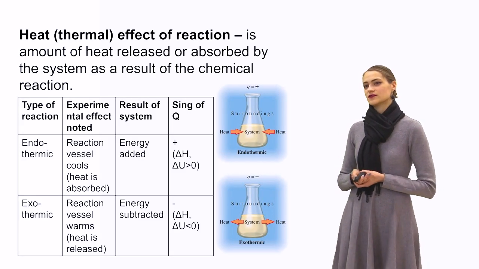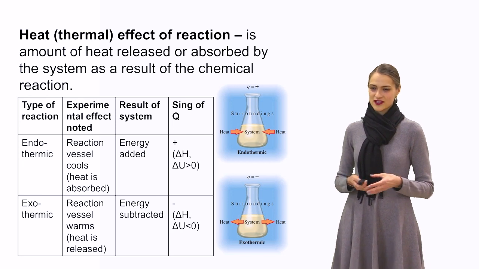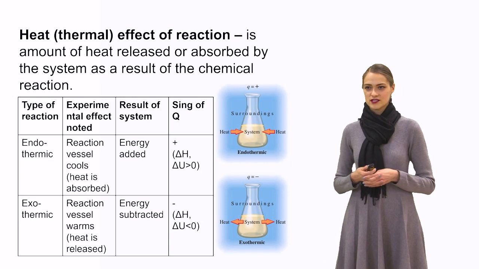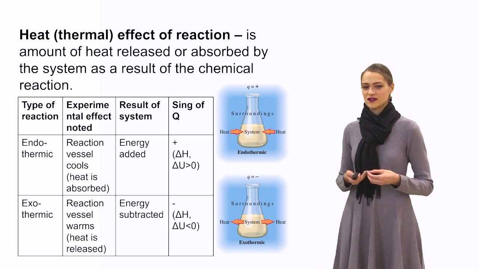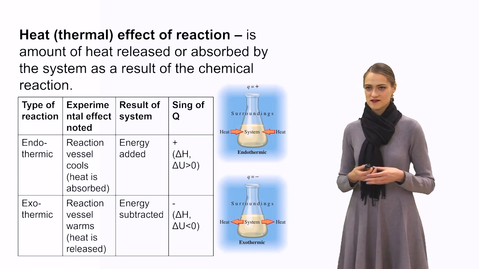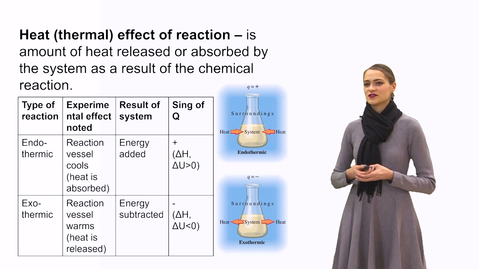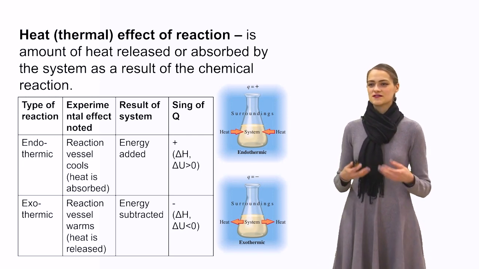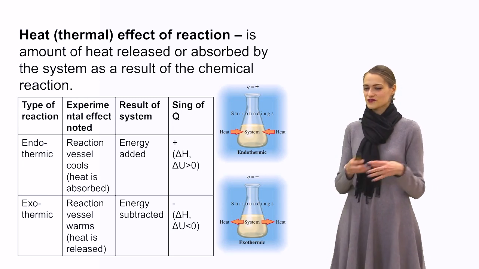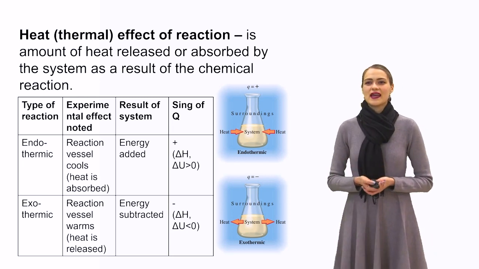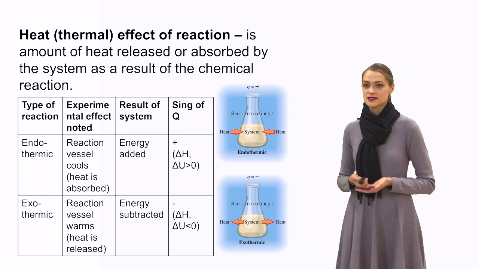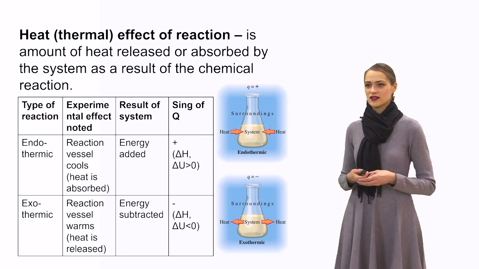Before we start calculations for an exact chemical reaction, we also need to know that we have two different types of reaction from the position of the quantity of this reaction. You already heard that I said several times heat effect, thermal effect, but what exactly is the heat effect of a reaction, not of a system, but of a chemical reaction? It's the heat that is absorbed or released by the system as a result of a chemical reaction.